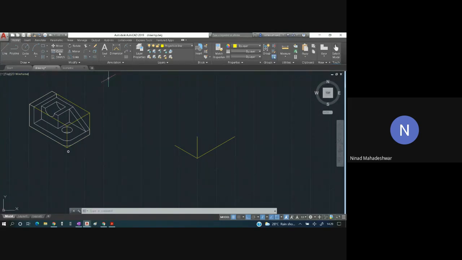I will copy this line from here to here. This is the end point.